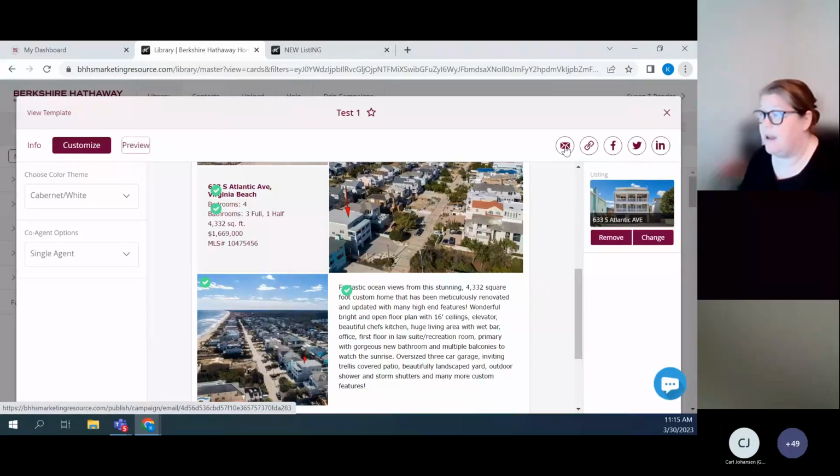You can mail it out. You can get a link directly for this, or you can send this link to Facebook, to Twitter, or to LinkedIn. And you can actually connect these through your marketing resource profile so that you can post directly to that. We'll cover some of these profiles and personalizations in a future class because it takes a little bit to go through that. But if I want to go ahead and mail this out, I'm going to go ahead and just